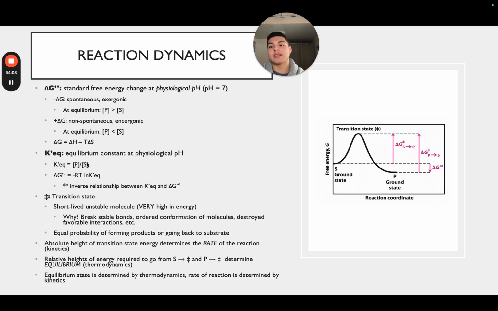The substrate is going to be a higher number than our products. So we're going to have a reaction at equilibrium that favors the substrates rather than the products. So hopefully that makes sense. That was just a lot of abstract talking, but just walk yourself through this diagram in terms of